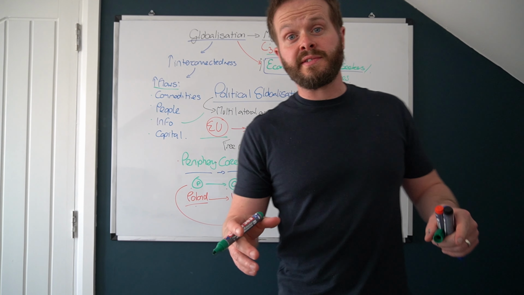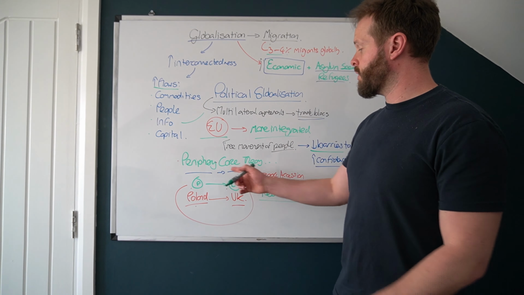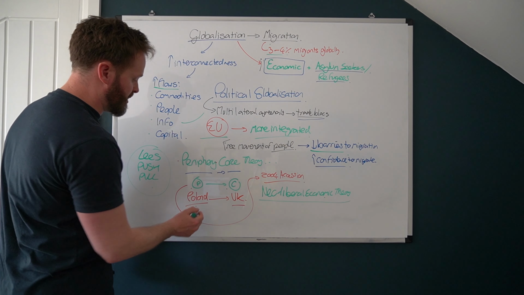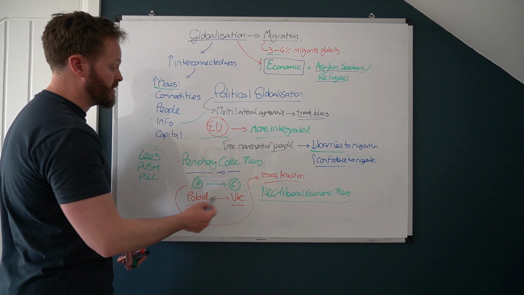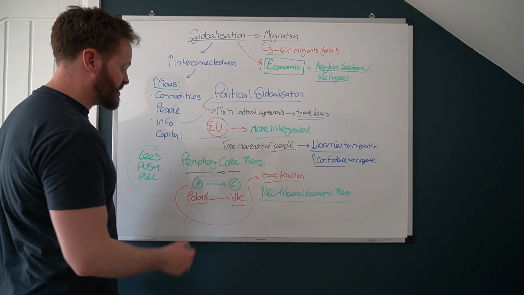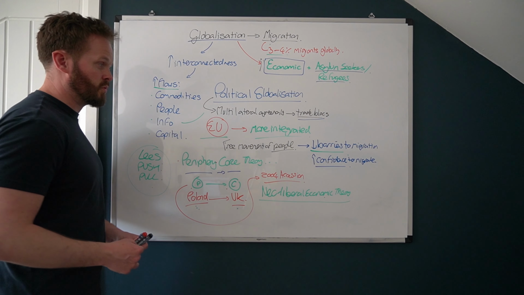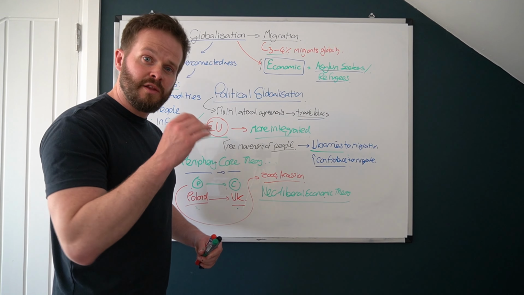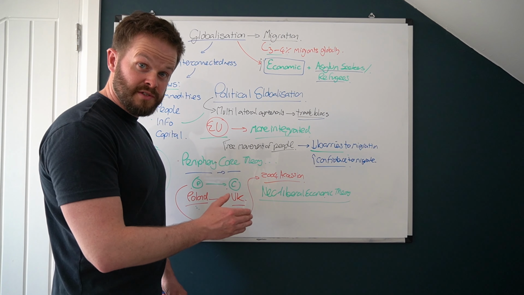Now, if you're struggling in the exam and you can't quite remember periphery core theory, there is always good old Lee's push-pull model. And this is exactly the same as periphery core theory. Only with periphery core theory, you can mention specific countries that were classed as periphery and specific countries that would be mentioned as the core. Lee's push-pull, again, is just there's push factors from here, there's pull factors towards here. Your choice what you add in. You can add in all three, but remember, at the very least, add in one of these theories.